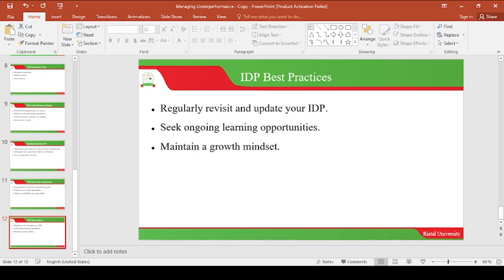And lastly, you need to maintain a growth mindset. You need to have that one always in your mind. I want to grow. I want to grow. There is no limit. Even if you are at the age of 60, 70, you can still upgrade. Okay, you can still upgrade. So you need to have that mindset if you really want to develop.